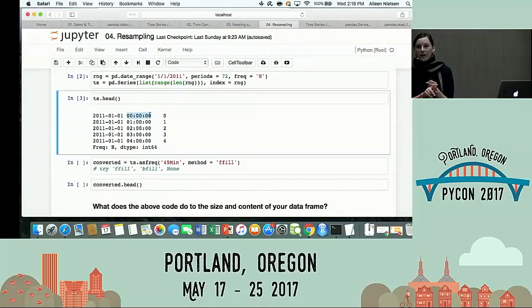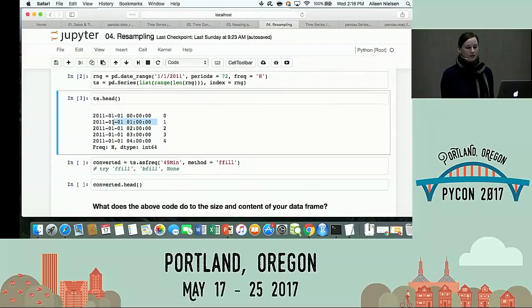Let's go 45 minutes in advance. 12:45 plus 45, what does that get me? 1:30. That means I have dropped 1 a.m. So I will both have new data points and I will be missing old data points. I have to think about how I'm going to fill in the values, right? If I drop data, that's not a conceptual problem. It's just gone, right? But if I'm adding a new point, a new index, what do I pick as the value for that index?